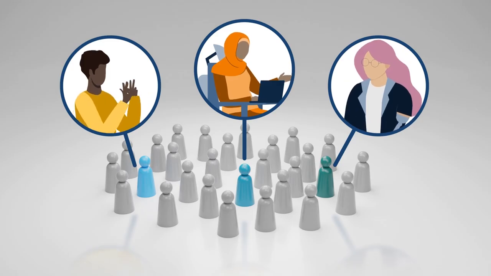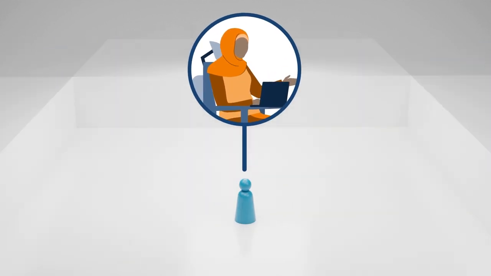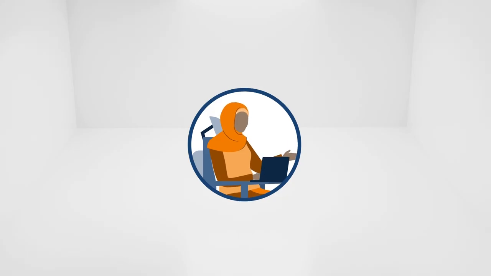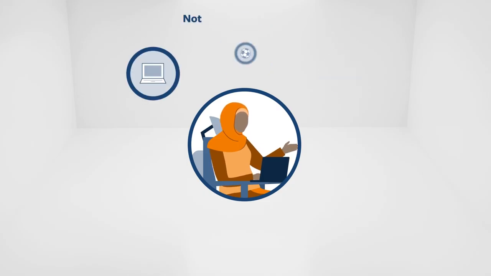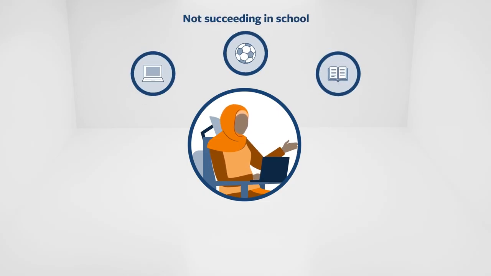The traditional view of disability assumed that people with perceived impairments would be unable to perform many of the activities and social roles that other people normally do in society, like succeeding in education, employment, in bringing up a family, or in public life. From this perspective, disability in everyday life is often viewed as a problem for individuals caused by their impairment. For example, not succeeding in school might be seen as a problem caused by a person's blindness,